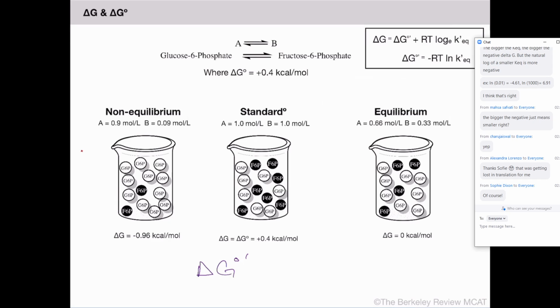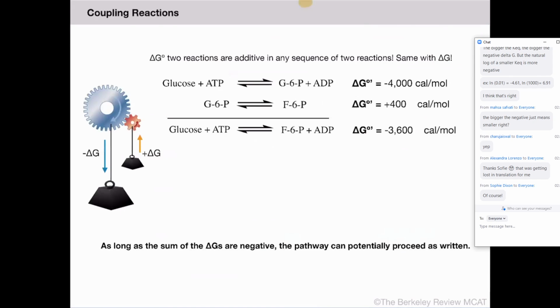Cool. Okay, so coupling reactions. Let's move back to coupling reactions. You can imagine a biological pathway. You're going to have some reactions that are favored and some reactions that are unfavored. So how does anything get done? You can couple multiple reactions in a row, two or more, and take the sum of those delta G's. As long as the sum of those delta G's is negative, the pathway can proceed forward. So here's a good example, again, from glycolysis, where you have a negative,